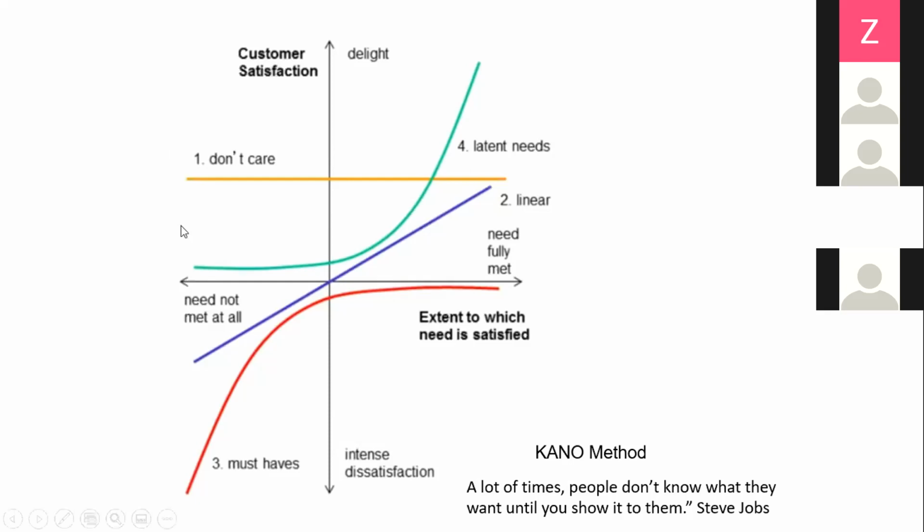So the first need here is I don't care. Now, there are some users who would not care about that particular need, like being able to take it while traveling. So I don't care about this need. Even if it is travel friendly, it is okay. But this is not a dissatisfaction. As long as it is not making it difficult to carry, or bulky, I don't care about this particular requirement. Second is linear,